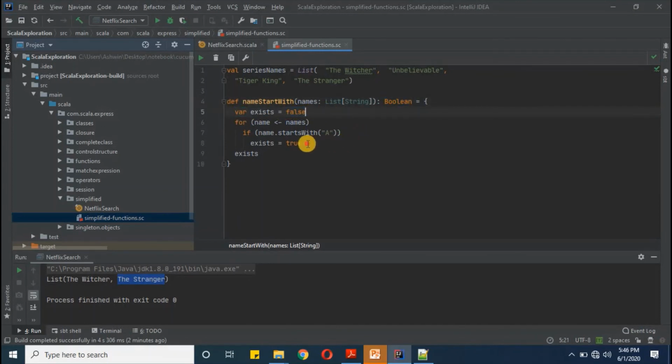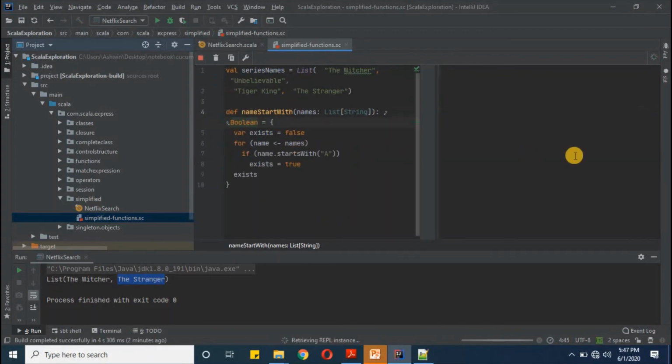I'm defining one variable as false, and then if the condition is met, we will reassign it as true. A for loop iterates all the elements here, with a condition to check if it starts with capital A. If any of the occurrences match, it will reassign this exist variable as true. We will get the return value as true.